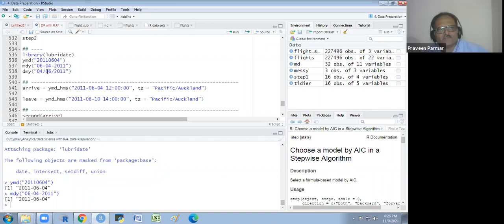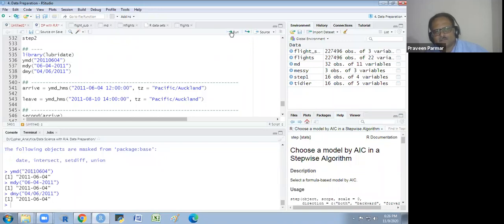We have like this the forward slash, day, month and year. So DMY. And I run it, I'm getting the same pattern. Finally, whenever you have date related data, first run the lubridate library on that column. Apply that. Okay. Understand?